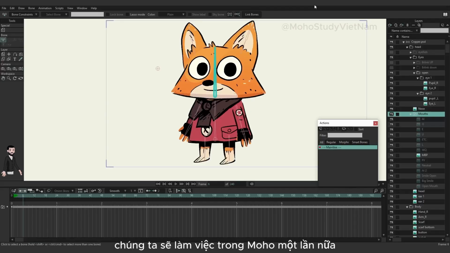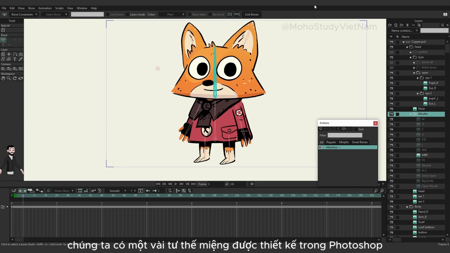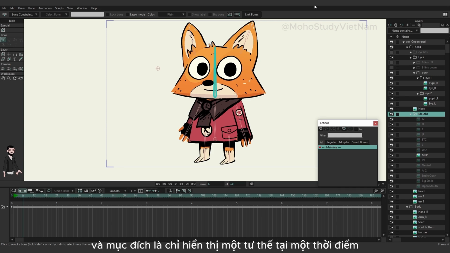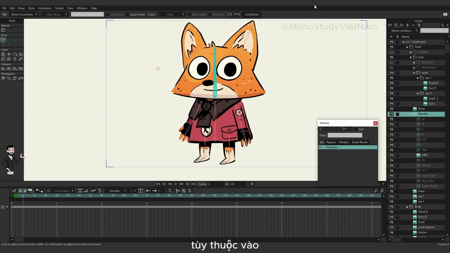For this video, we are working inside of Moho once again, and we're going to take a look at switch layers. Switch layers do exactly what the name suggests. It allows you to switch to different layers during your animation. And a good example of this are the mouth poses. We had several mouth poses laid out in Photoshop, and the intention is to only show one at a time depending on the voice clip that you might be lip syncing to or the emotion that you want the character